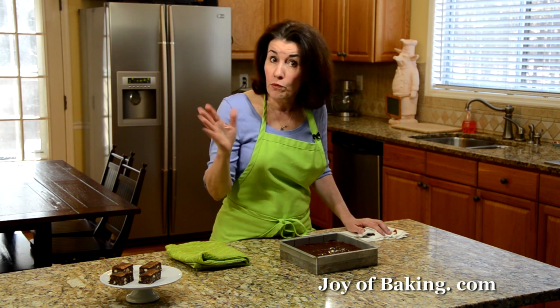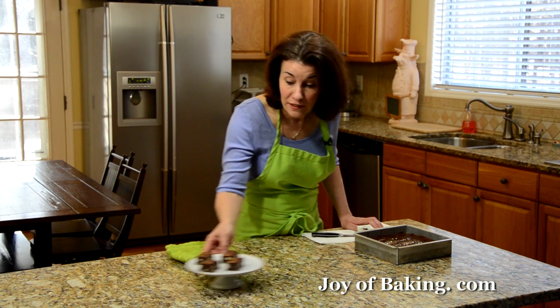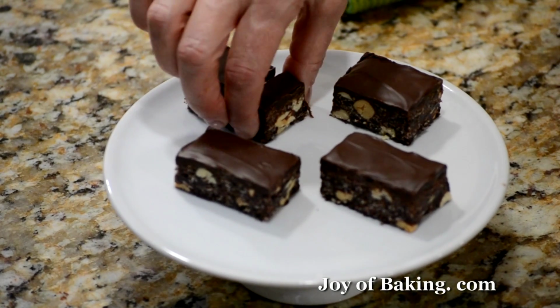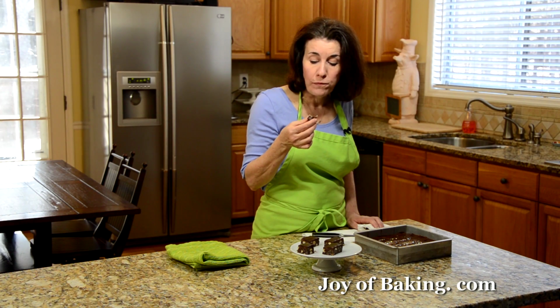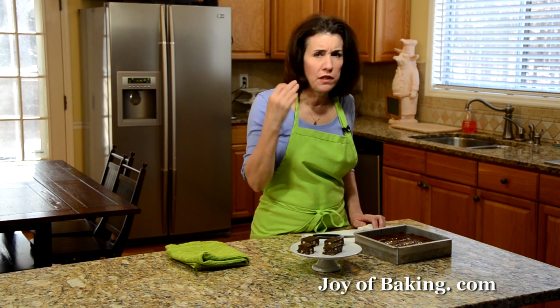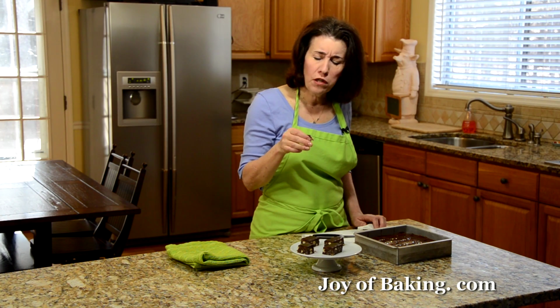But you might want to try it either way and see what you like at home, because that's what matters, is how you like them. So I made these yesterday, so that's what I'm going to try. That's a really great tasting square. Like I said, the flavors now have really blended together. You get the nice chocolate on top,